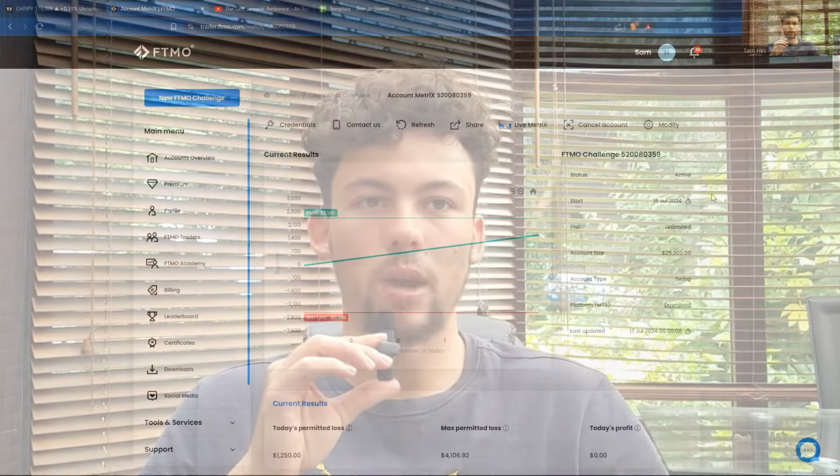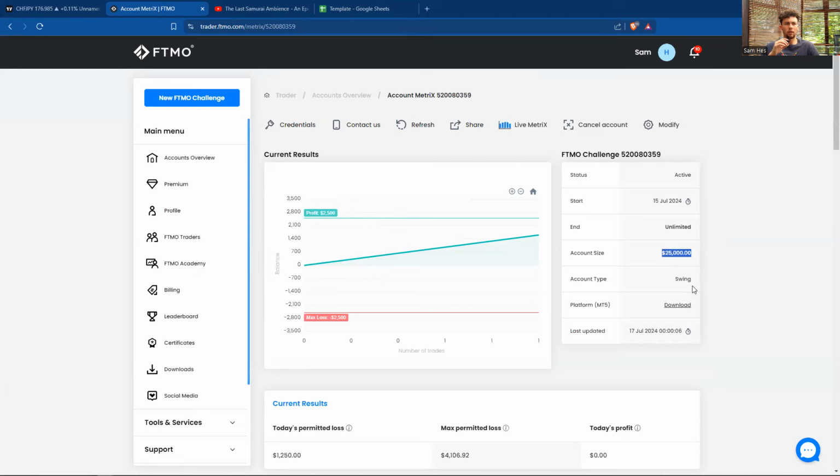Now, as promised at the end of the video, I'm going to show you my current FTMO challenge and where we are at. So here you can see I've got a 25k swing account on FTMO. I don't necessarily think funded accounts are the best thing in the world. Of course, they've got all these rules, these hidden challenges, these things you can't do. But for somebody that's not a millionaire and doesn't have millions to play with, it's probably the next best option.